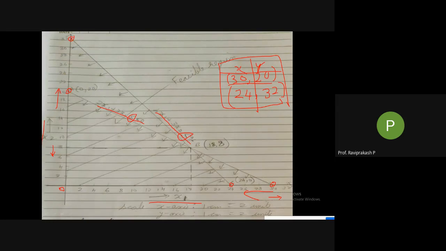Then comes the second one. Here again it is less than or equal to. So I have to go in this direction, here also down, so this direction. If I see here, this is the equation and this is the line. Under this I am drawing arrows over here. So again they are under, you can see here.